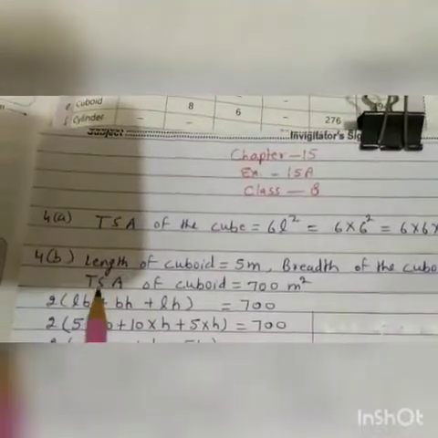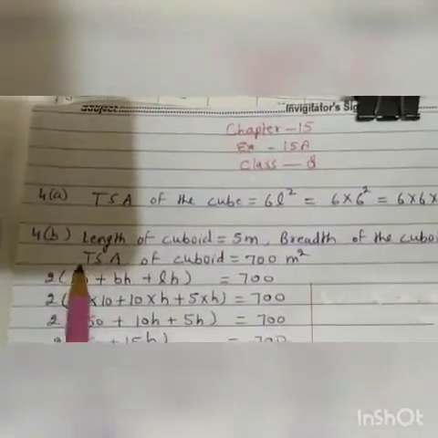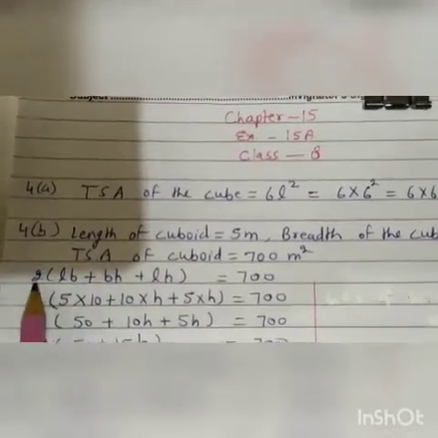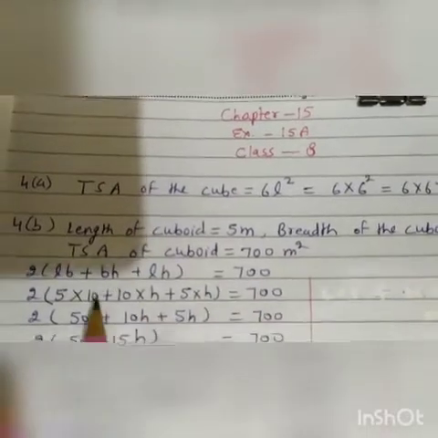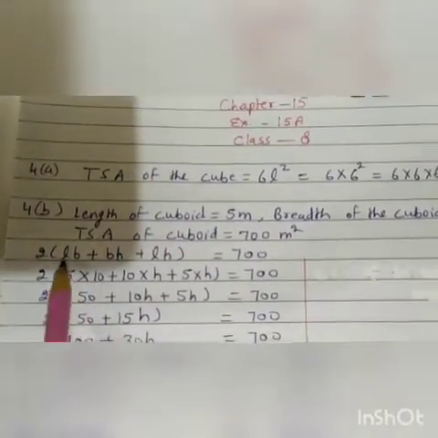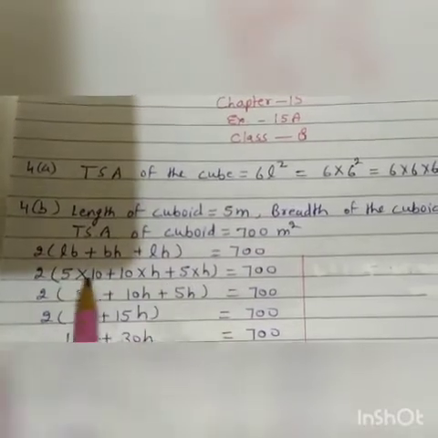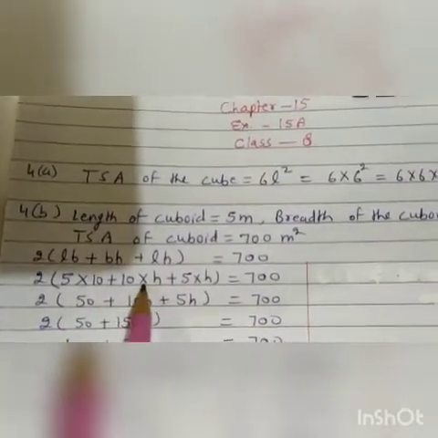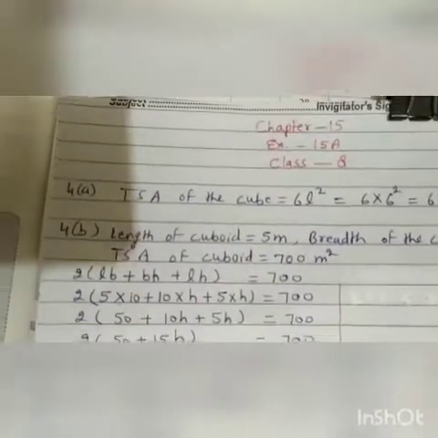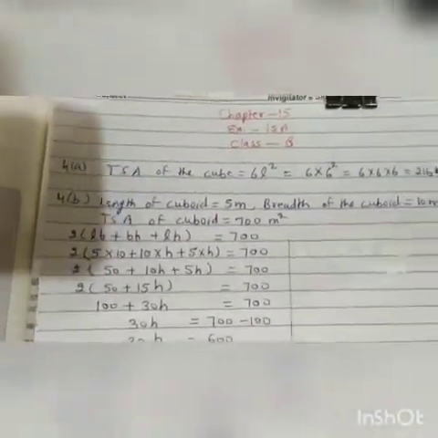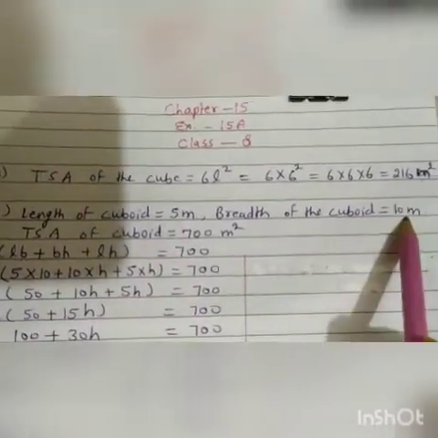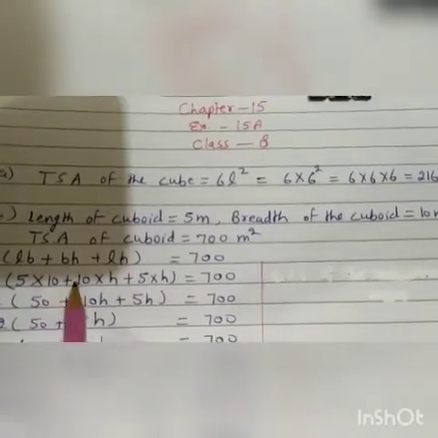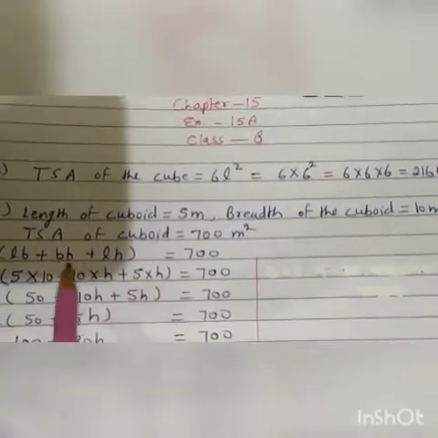Now below it, here we will write the formula for the total surface area of a cuboid. It is 2 into (LB plus BH plus LH) equal 700. Students, again I am telling you, be careful when you write this formula and put the values. Here it is multiply then plus, again multiply then plus, again multiply. Now we will put the given values. 2 into L is 5 meter, multiply B is 10 meter. So 5 multiply 10 plus B is 10 meter into H, written as it is H, because we have to find H here.